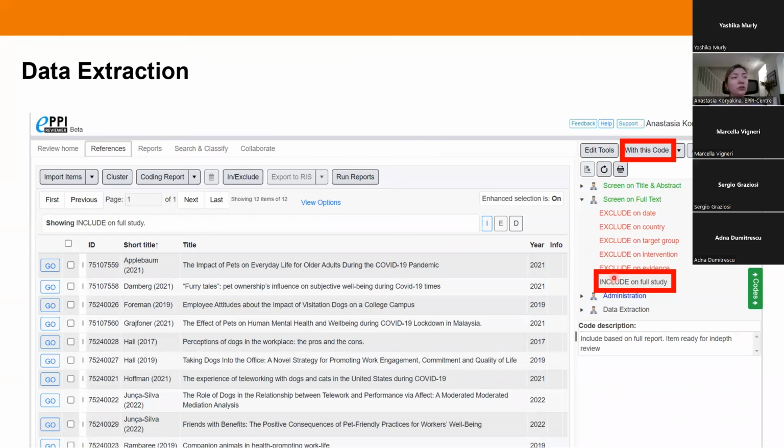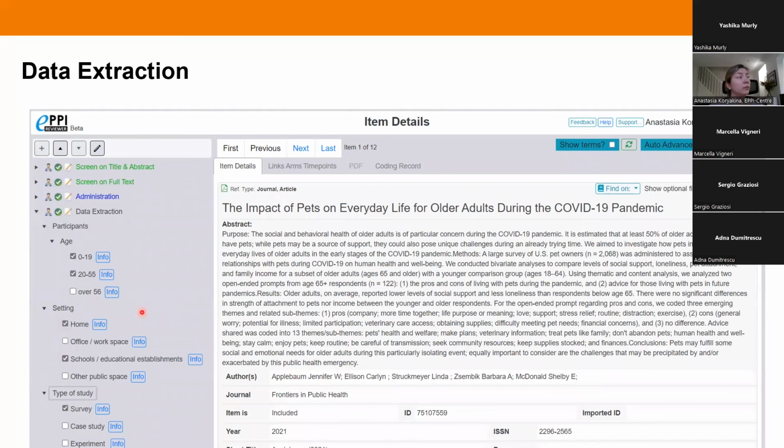So what you need to do is to obtain all items that were included at the previous stage of screening or the last stage of screening. You will be able to open each item one by one. And if you already created a data extraction coding tool that looks somehow like that, usually you'll be able to code and extract data for each item individually by ticking these checkboxes, adding information into the info boxes, or coding